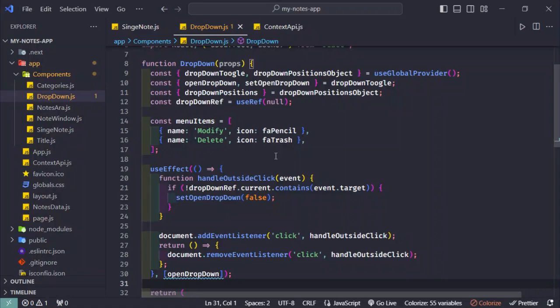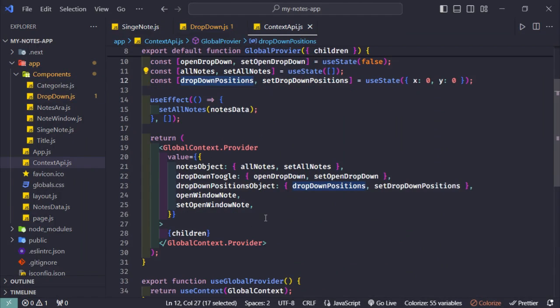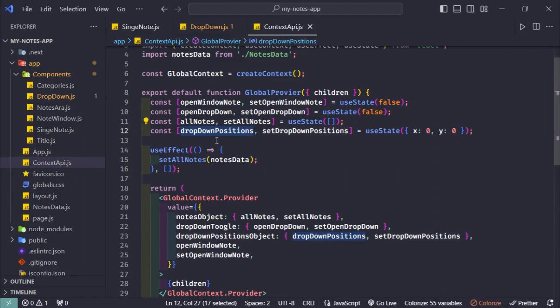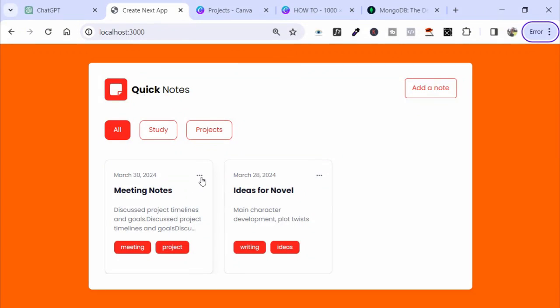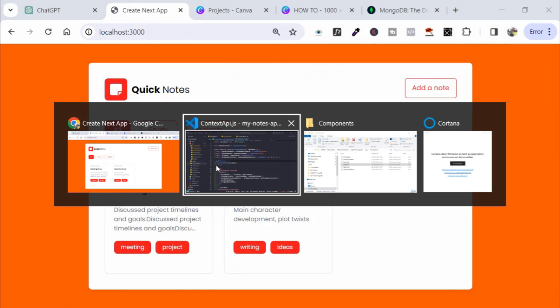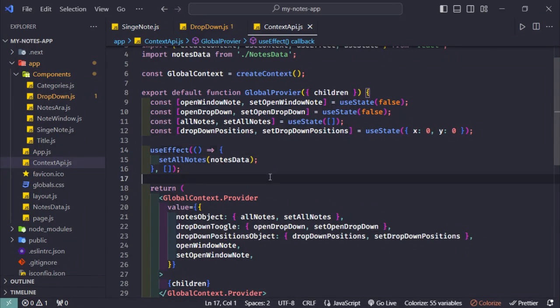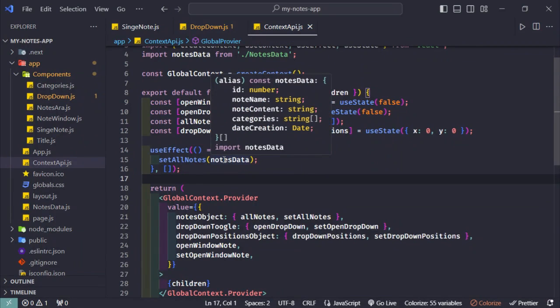So in our Visual Studio Code, the first thing that I did, I went to the context API and I created another variable. So I created the dropDownPositions and the setDropDownPositions, and we're having the X and Y properties. This is where we're going to store the position of the click. So when we click over here, we're going to extract the X and Y positions, and we are going to pass them to the dropDownPositions,